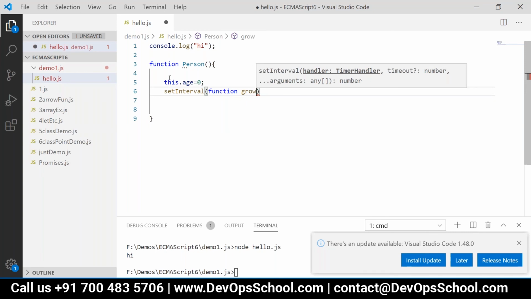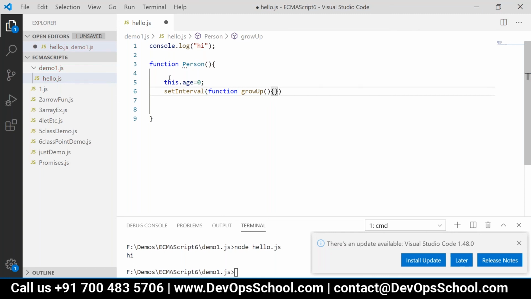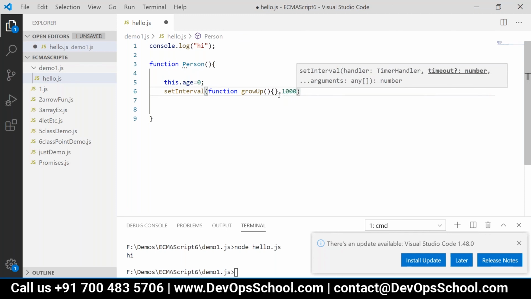Okay, so let us write a function grow up. We are using set interval. So we are passing a function to set interval, which will get invoked after that particular time period is over, right? So we are declaring a function grow up here, and that should get executed after this time interval, maybe 1000. Correct?